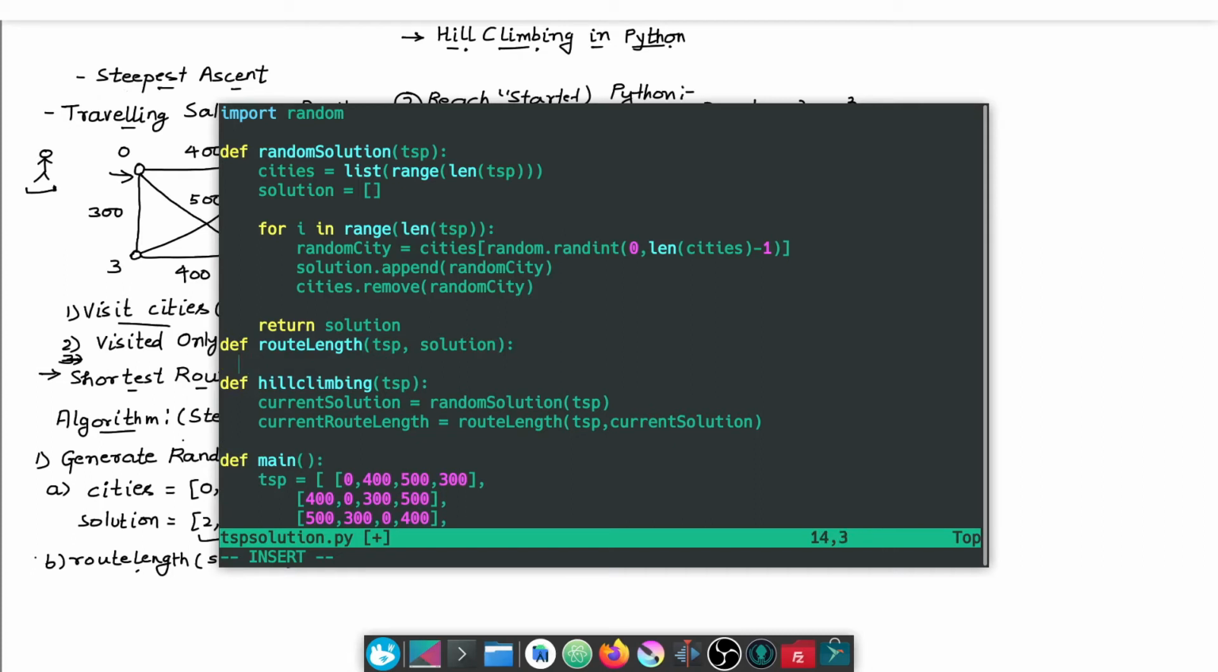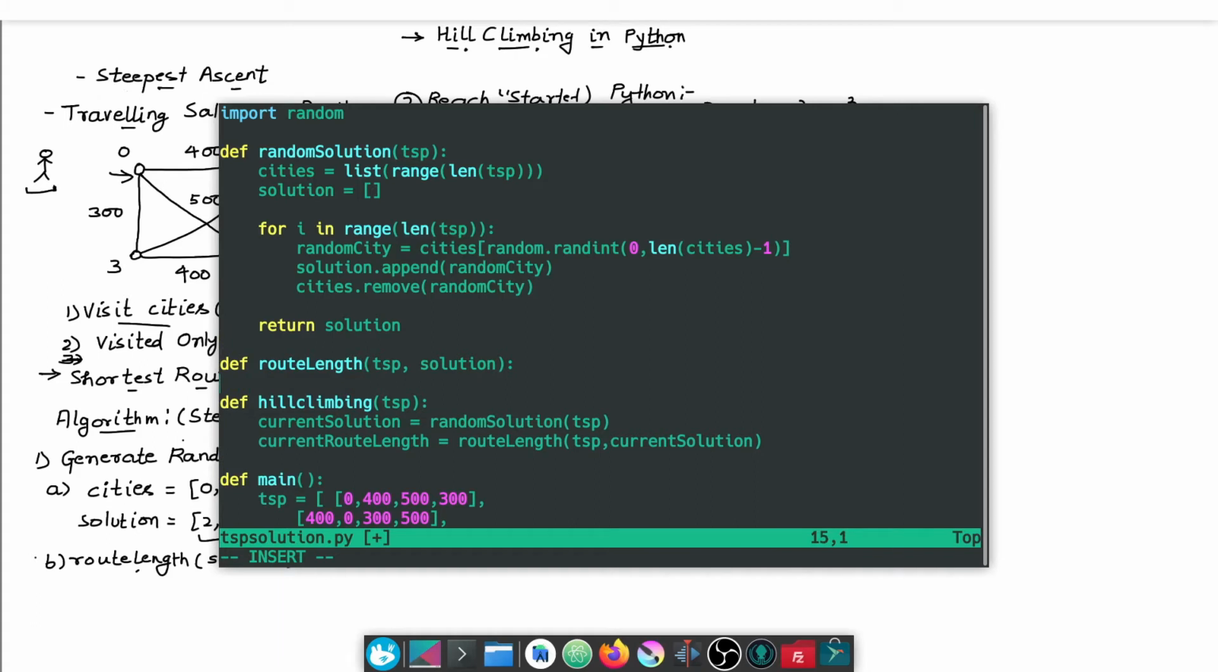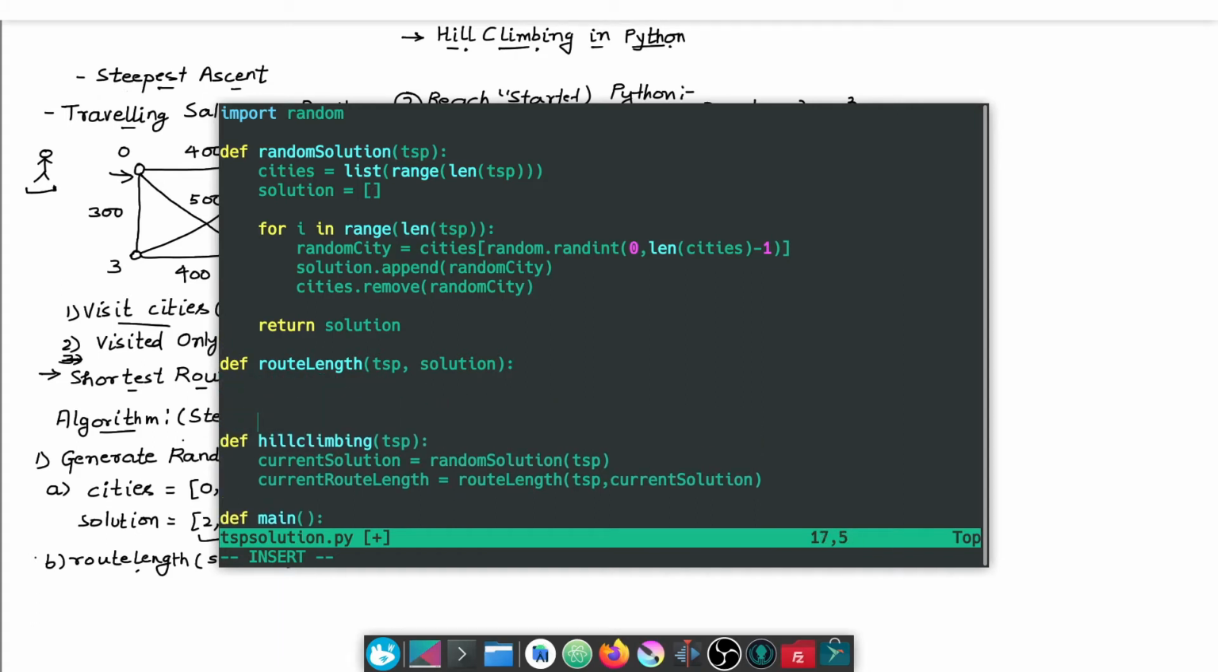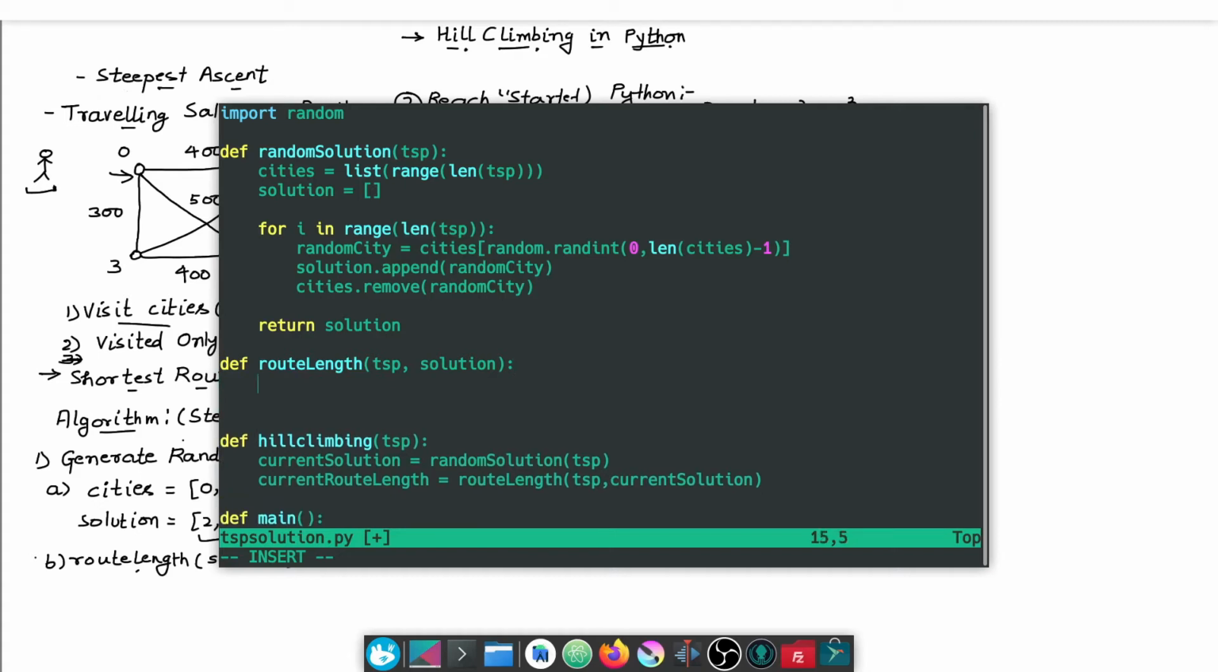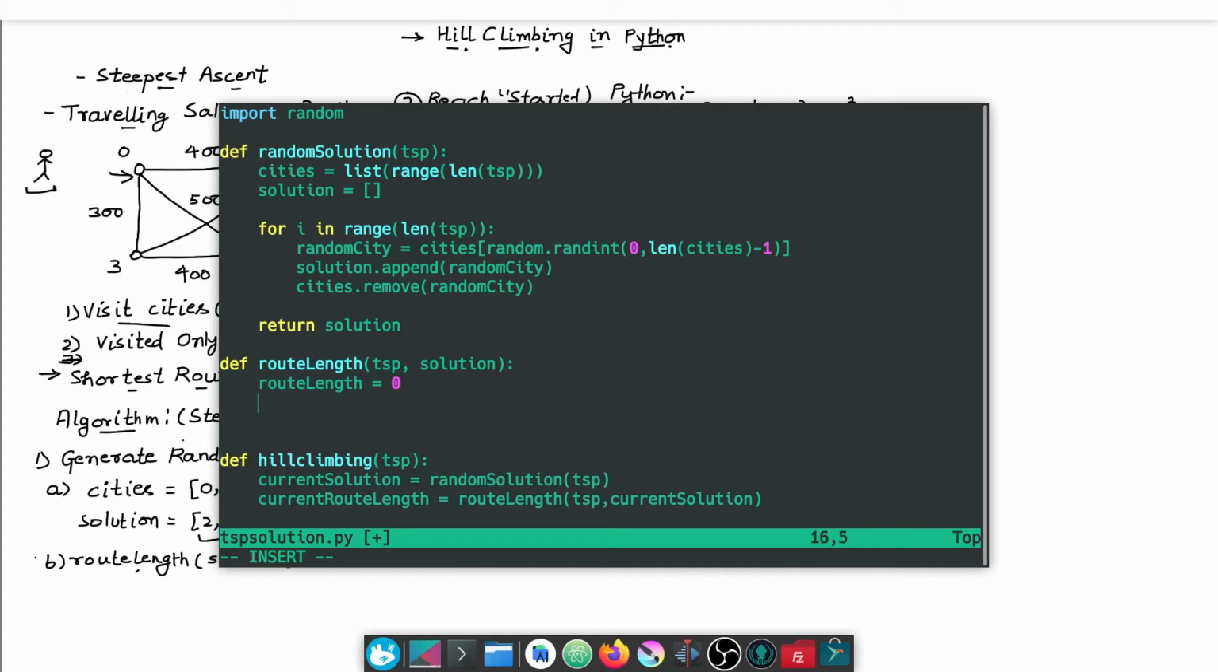So inside of this function, we are going to perform some steps here. In the root length, first we will assign the root length as 0, and then what I am going to